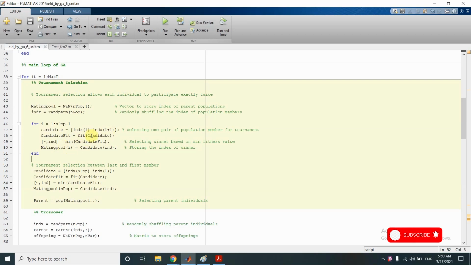So there are two individuals and we are finding whether it is the first individual of the candidate vector or the second individual who is the winner. So once we get the winner, we simply take the index. Using that index, we find the individual from the candidate vector and store that particular index in the mating pool.